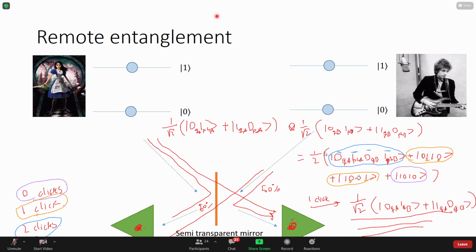So the idea is that we get a click, and to follow up on the question in chat, this click could come from either detector 1, or it can come from detector 2. But it doesn't matter. It just has to be that one of them clicks, the other one no click. That's the sort of key to